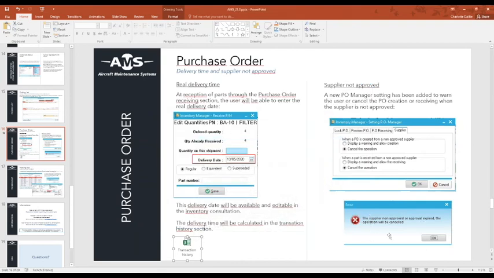So this is the message here: the supplier non-approved or approval expired, the operation will be cancelled. That's in the case where you cancel the operation.